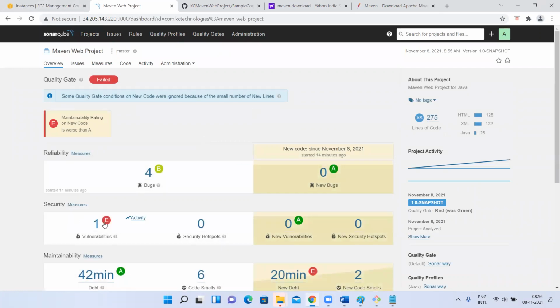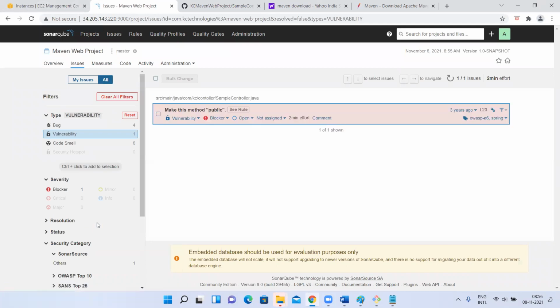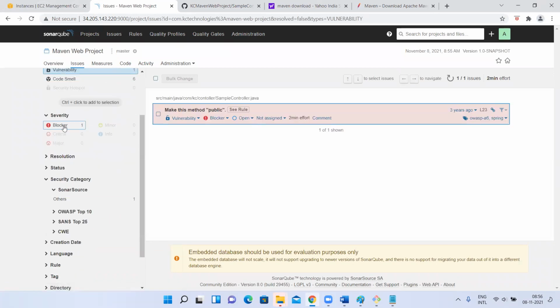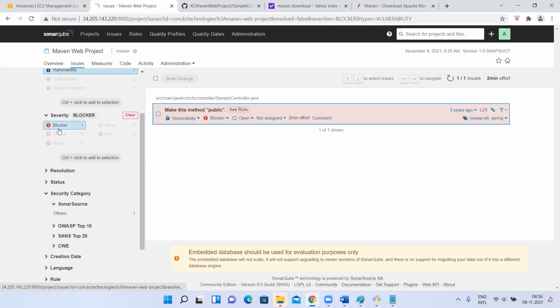See, there is something under severity. There is one blocker. That is the reason it failed. If there is minor and info, it will not break. But if there is a blocker or critical, red color indicates danger. Under severity, if there is any blocker, critical or major, it will show as failed. So it failed due to one blocker. Critical and major are disabled because they are 0. One is not disabled because there is a blocker.